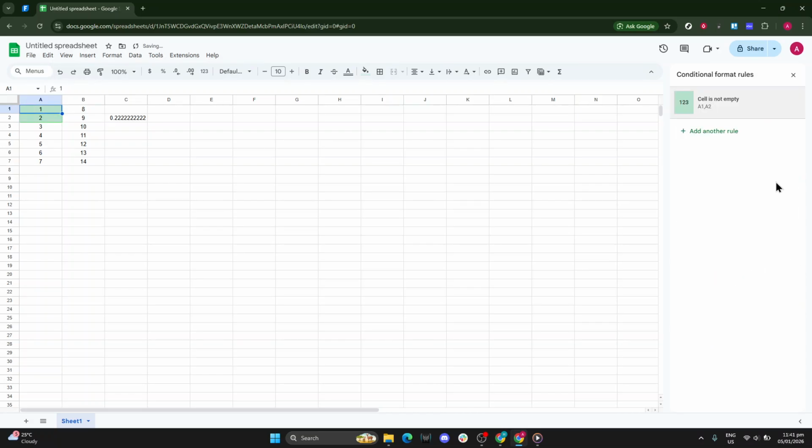Once you're done, click on Done. Your rule is now active, and the panel will keep it listed so you can review or refine it later. If changes don't appear right away, revisit the rule type, the value you entered, and the range. Keep your formatting consistent, avoid too many conflicting colors, and use rules to emphasize what matters most. That's it. Simple, visual, and incredibly useful for making